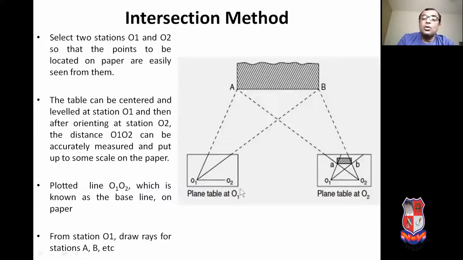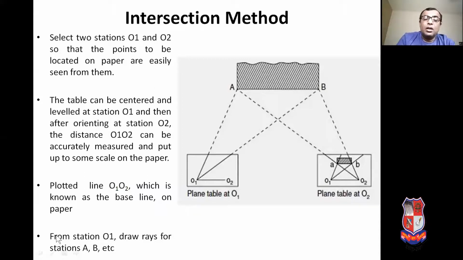So you will get the line o1 o2 on the drawing sheet, a plotted line which is known as the base line on the paper.